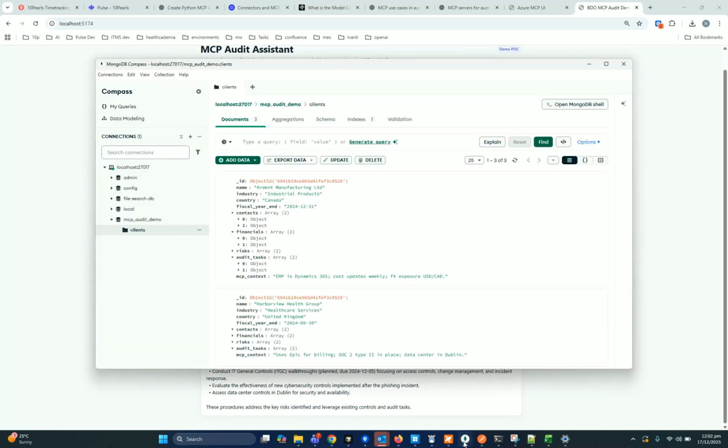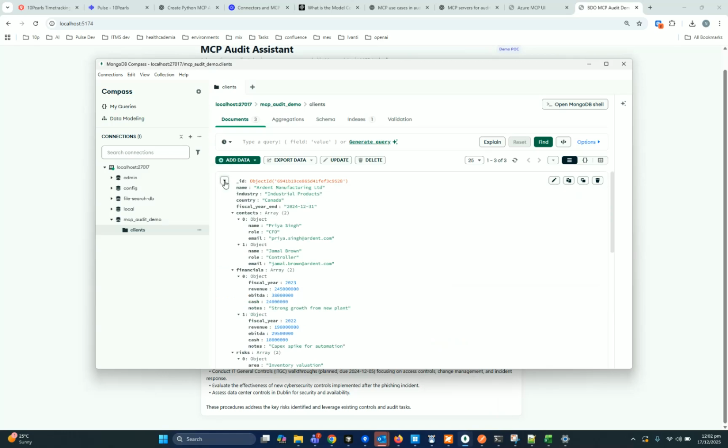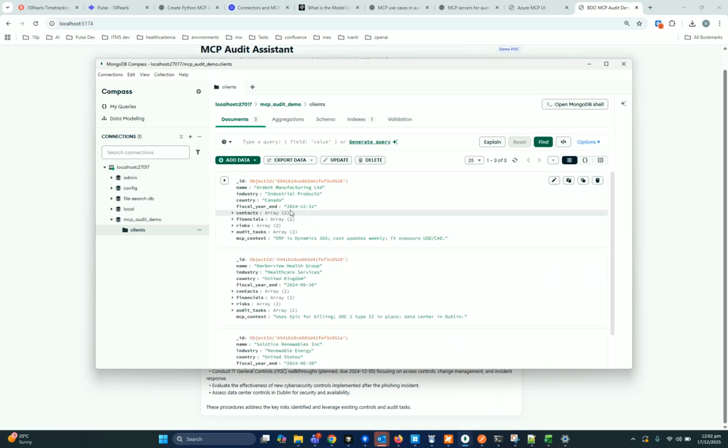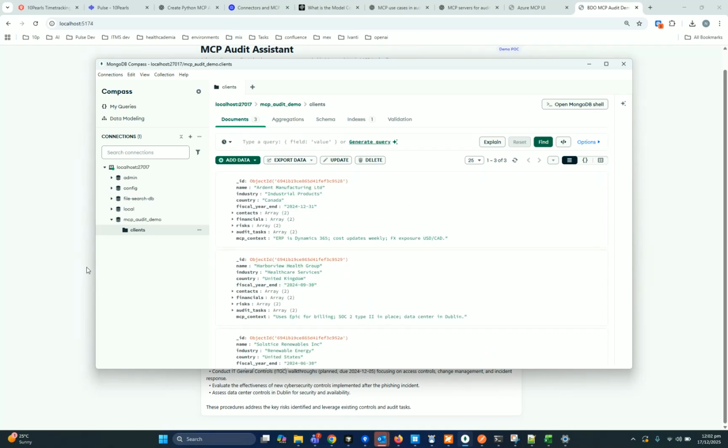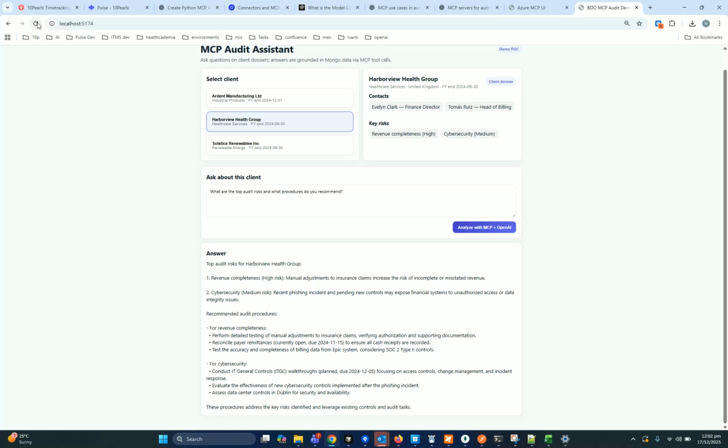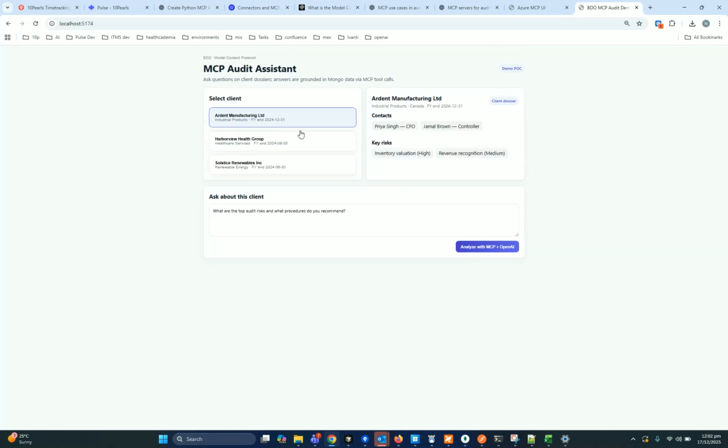If you look at MongoDB, I assumed there are three clients, and their data is listed here. It contains different properties like list of contacts, financials, and list of risks and audit tasks, etc. So we have three clients listed here, and if I refresh this page to start from the scratch, we can see the list here. And if I select one of these clients, it is selected and it shows some properties